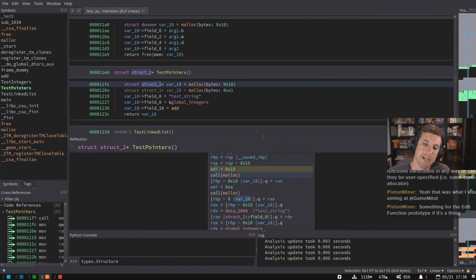So I don't know if that's actually a good place for edit function prototype. I would say no. Like a checkbox where you could say this thing returns a struct or something like that. I don't think that's where that belongs. One thing we're trying to be intentional about is to not overload that dialog with a million different things, because it's really easy to build a super busy UI that way and overload the user with a million different options.